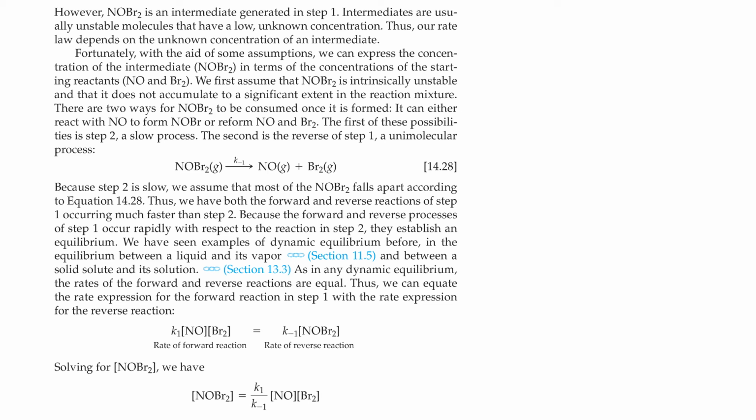We have seen examples of dynamic equilibrium before, in the equilibrium between a liquid and its vapor and between a solid solute and its solution. As in any dynamic equilibrium, the rates of forward and reverse reactions are equal. Thus, we can equate the rate expression for the forward reaction in step 1 with the rate expression for the reverse reaction. Solving for NOBr2, we have